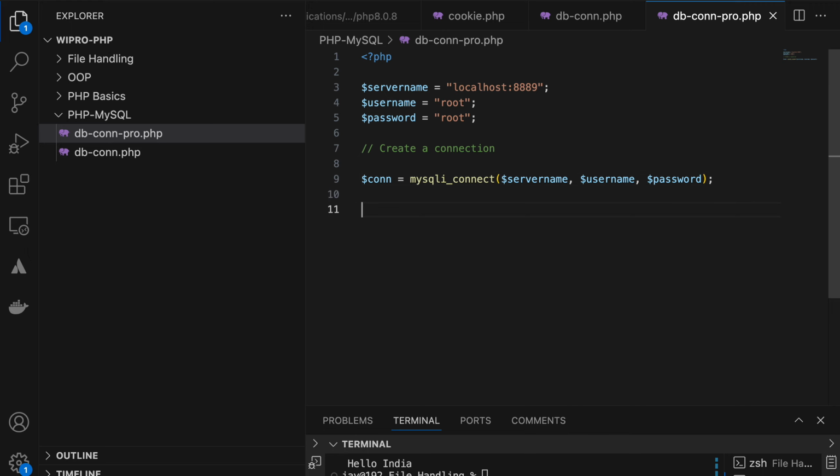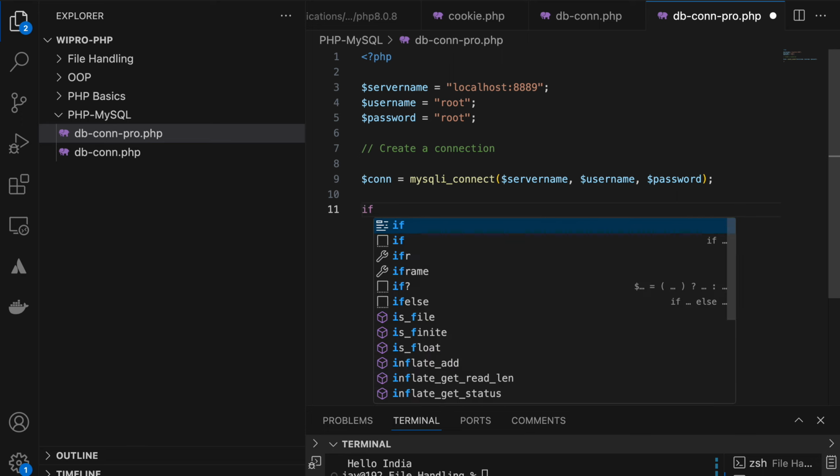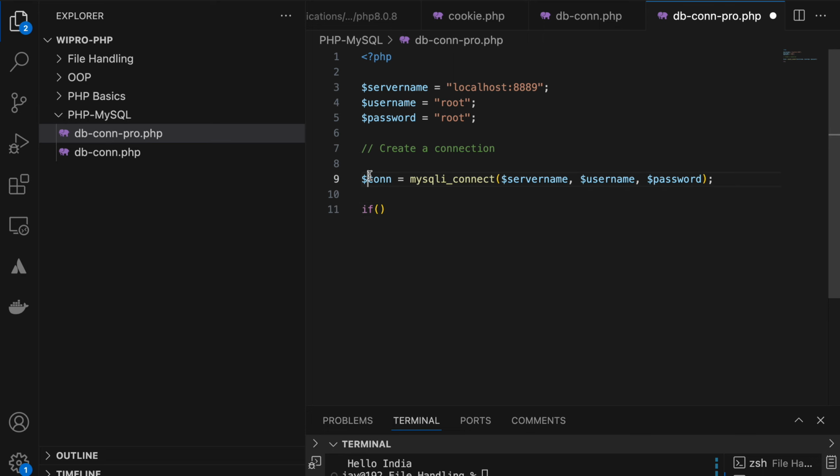Now here, how do you check that the connection is established or not? If the connection is successful, it will return the connection object, or it will return false. So how can you check?